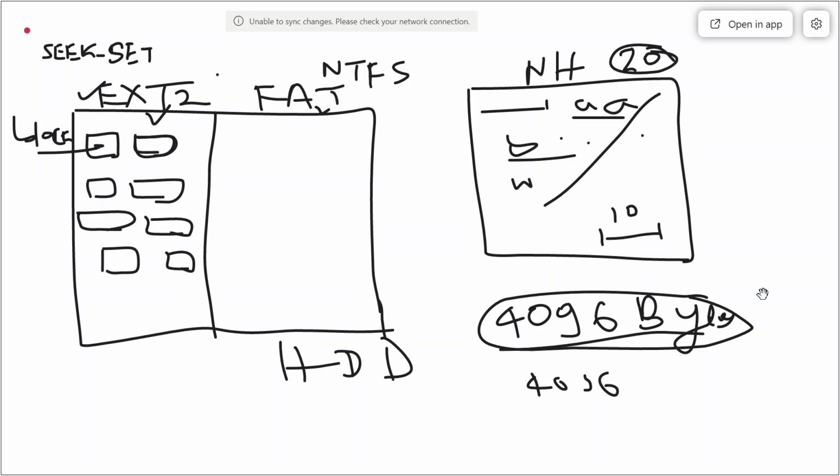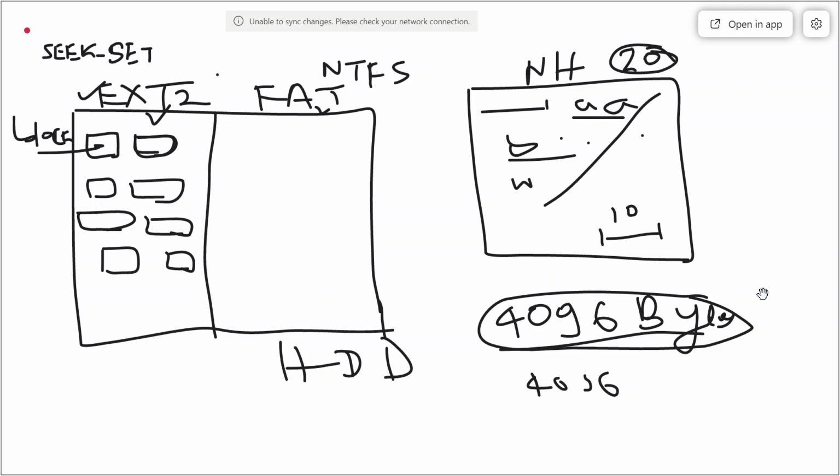So there are different file systems. If you are interested, you can Google what the file systems are for Linux and what the file systems are for Windows. Okay. Some more information about the file is also necessary, so I will give you some more information.